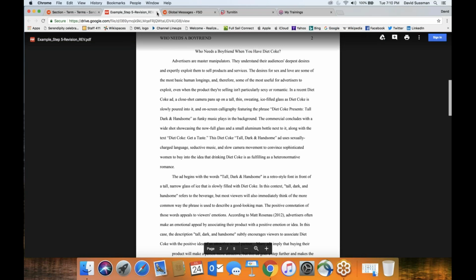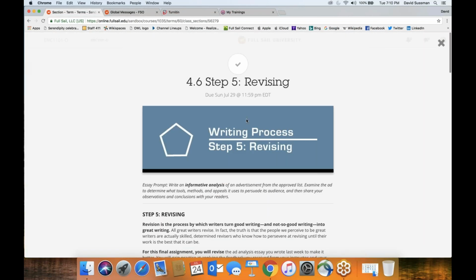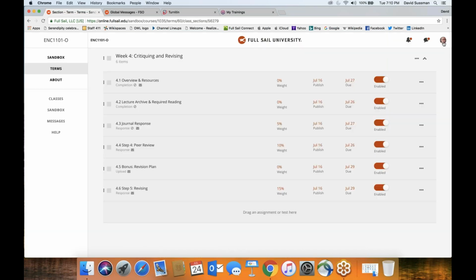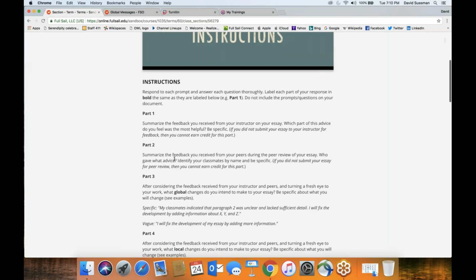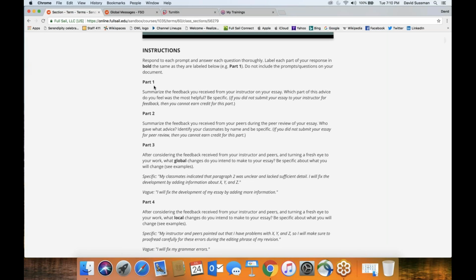Okay, so there's that. So yeah, revision, you can read through the instructions on your own, but I think revision is pretty self-explanatory. You do have extra credit if you want to take advantage of it. The 4.5 assignment is a revision plan. You don't have to do it, okay? So decide for yourself. But essentially, again, you can read through the instructions, but you basically have to answer these 4 parts here, okay? It asks you to summarize the feedback that you received from me, and summarize the feedback that you got from your peers,